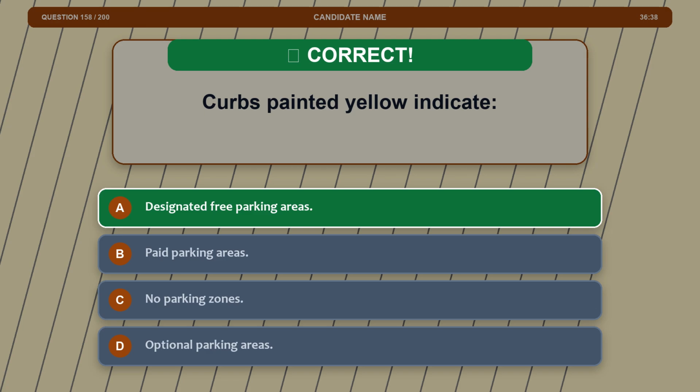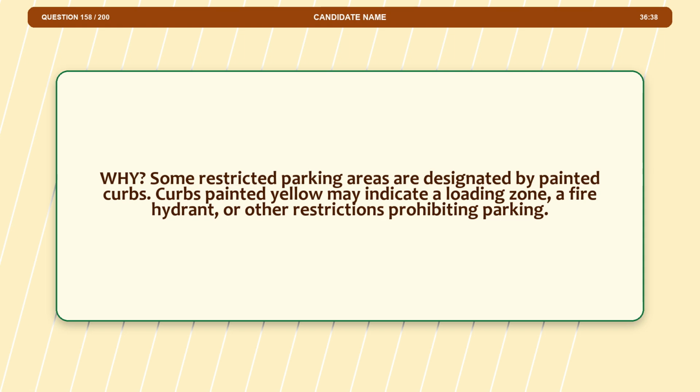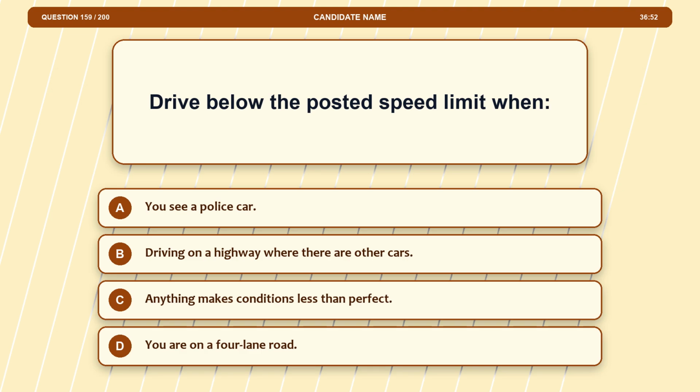The correct answer is option A, designated free parking areas. Explanation. Some restricted parking areas are designated by painted curbs. Curbs painted yellow may indicate a loading zone, a fire hydrant, or other restrictions prohibiting parking. Question 159. Drive below the posted speed limit when: